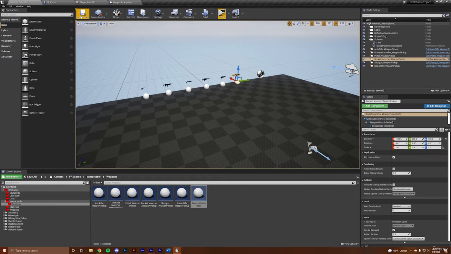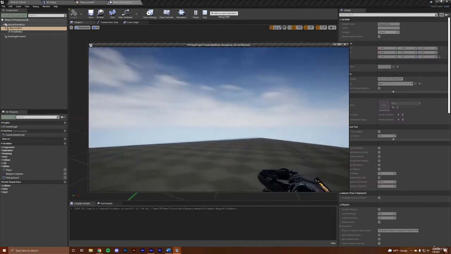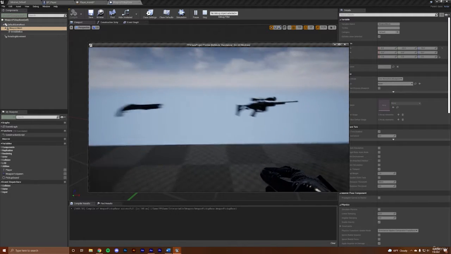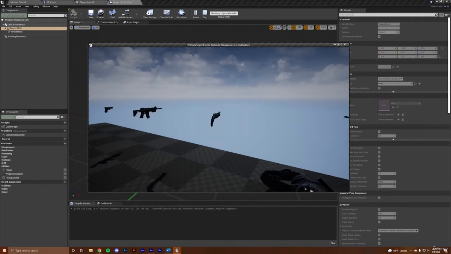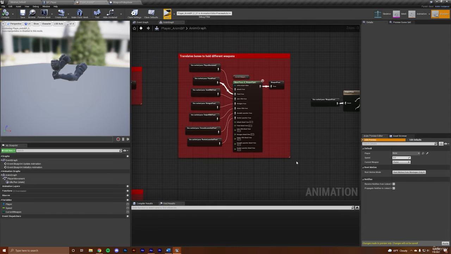In the last episode, we added some animations so that we can actually visually see ourselves switch between our different weapon blueprints. In between videos, I did a couple of really small things. In our weapon pickup base, I made the height of our weapon mesh, which was 110, 75. This is just personal preference for me. I feel like they're at a better height now. And then in our player anim blueprint, I added this section that says translates bones to hold different weapons, just so that people can see